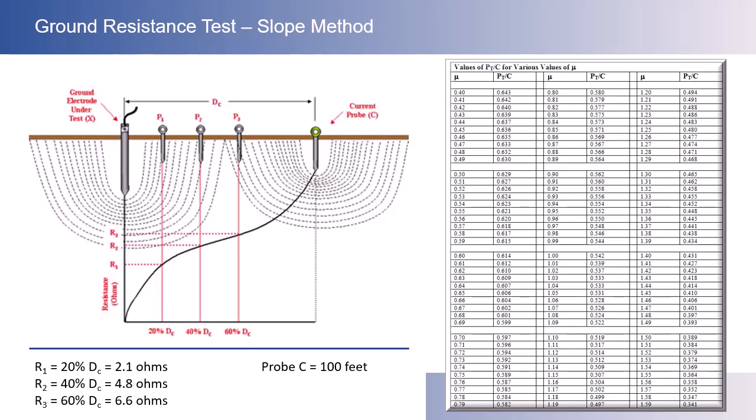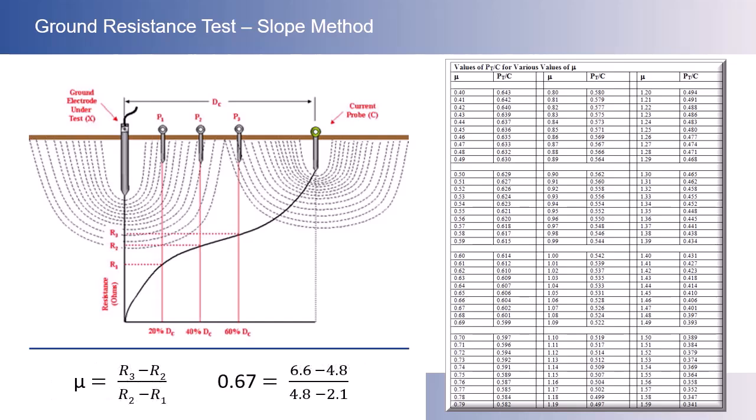Let's work through an example. Suppose that the key measurement points at 20, 40, and 60% of the distance to the C probe were 2.1 ohms, 4.8 ohms, and 6.6 ohms, and the distance to the C reference probe is 100 feet. To calculate the slope coefficient, we would take 6.6 minus 4.8 divided by 4.8 minus 2.1, which would give us a slope coefficient, or mu, of